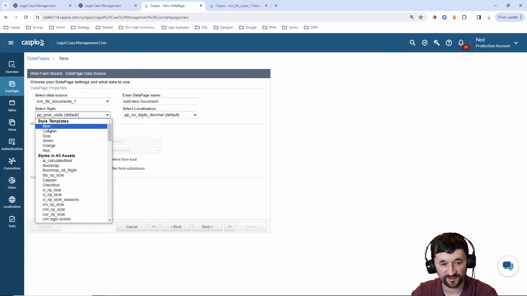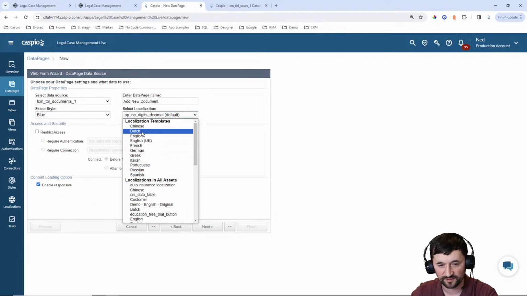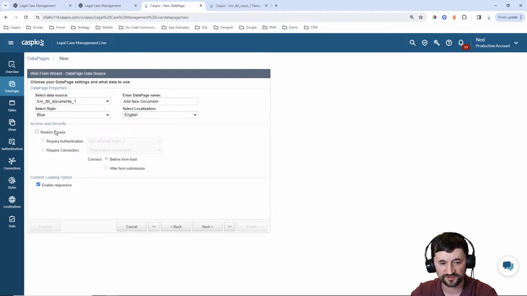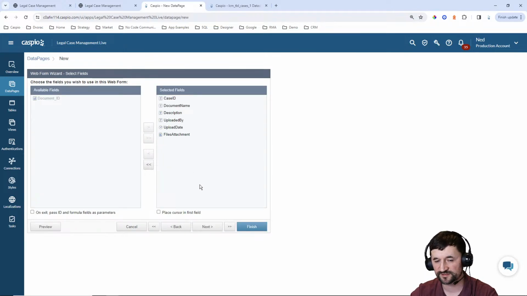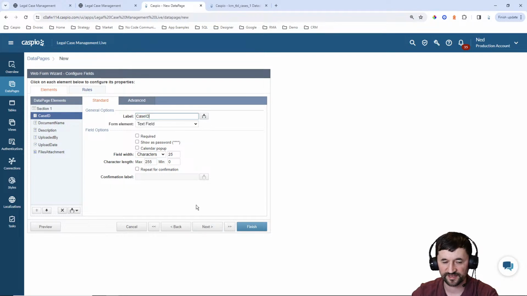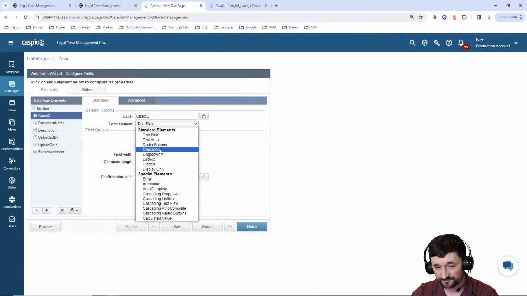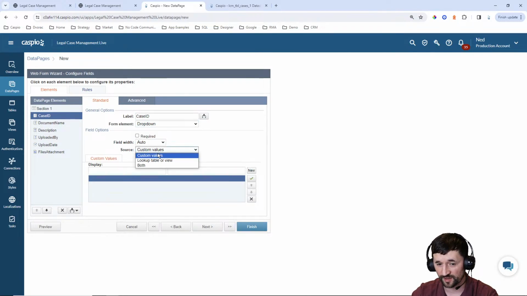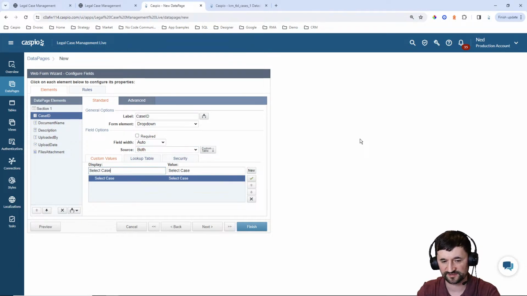We will say blue style, keep everything uniform, English, restrict access to our attorneys, click next. I need all of my fields on the form, click next, and now for the case ID, again, we're going to create this to be a drop-down, both, select the case, delete the value, it's a required field,